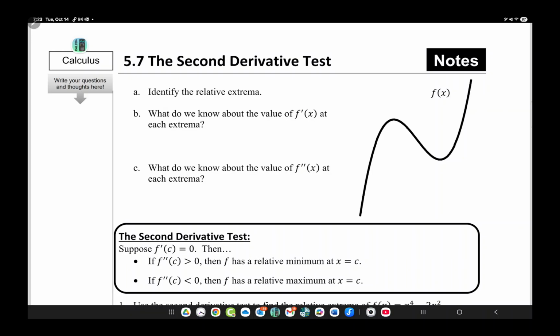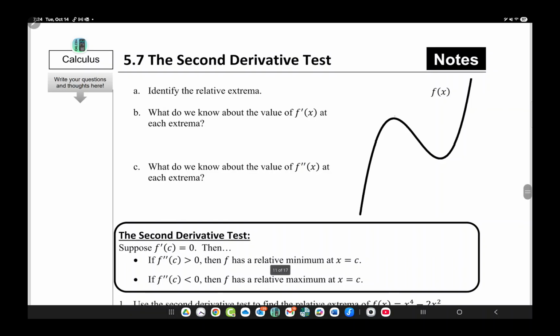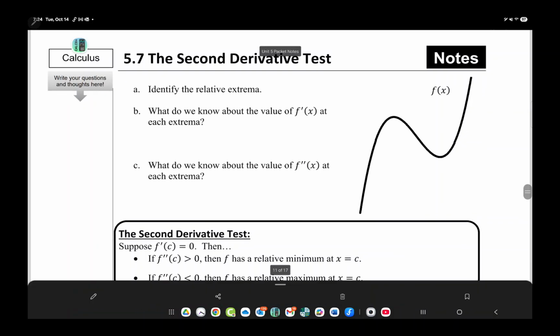If you remember the first derivative test, we would find the first derivative, set it equal to 0, and then make a little chart to see where the first derivative changes from positive to negative and negative to positive to find our local max and mins. There's actually, depending on what you think, a bit of an easier way. Okay. So, for example, if we look at this point right here,